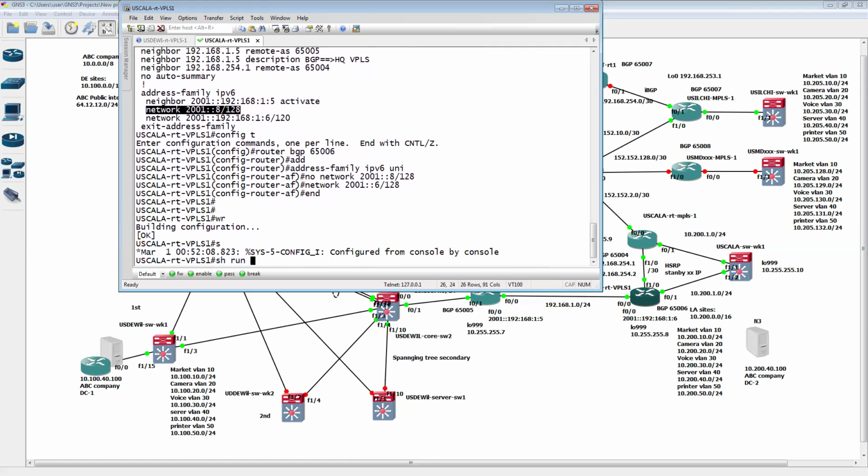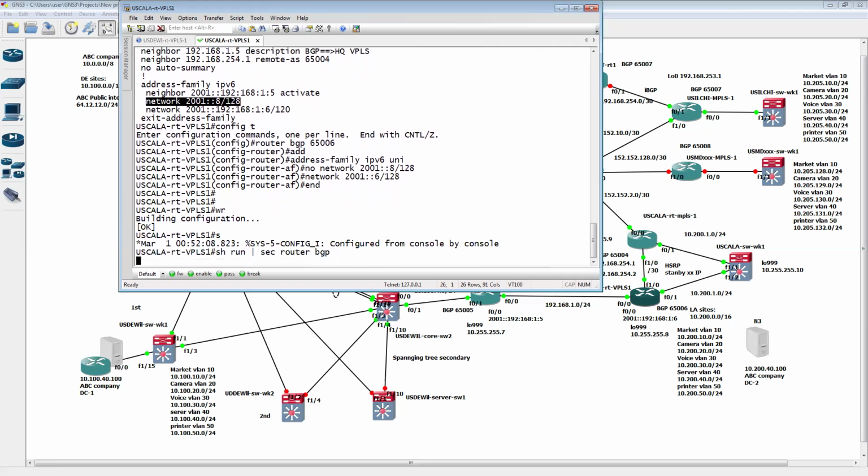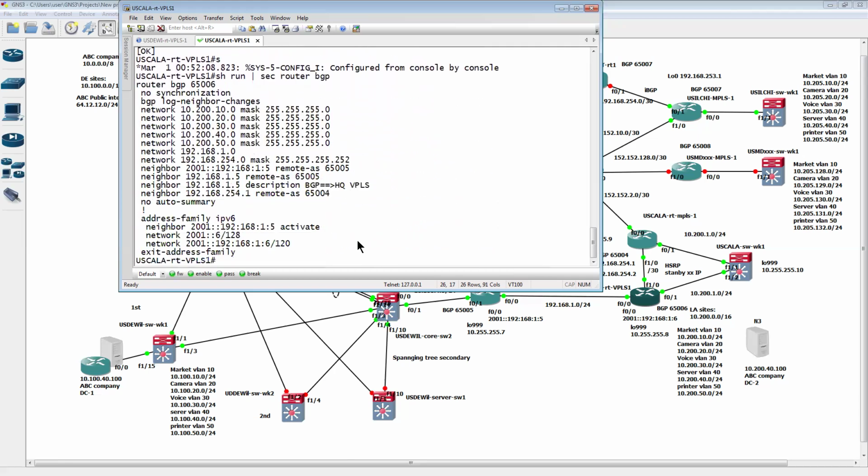And then show run, and then just double check section router BGP. Just make sure that we have everything correctly in the configuration file. So let me double check the network. Yes, beautiful. And then we have 6 here, activate here. That's good. So now we show